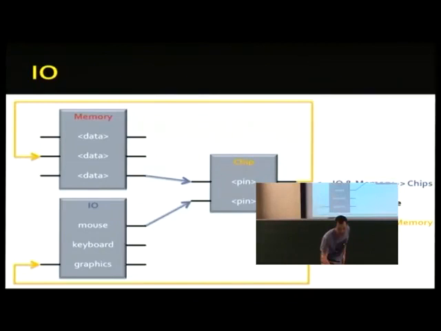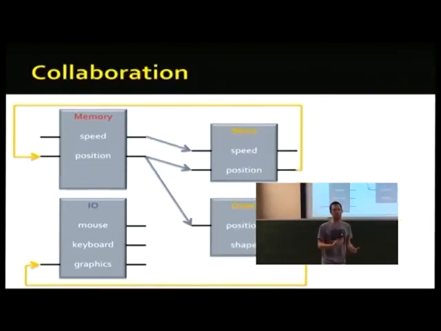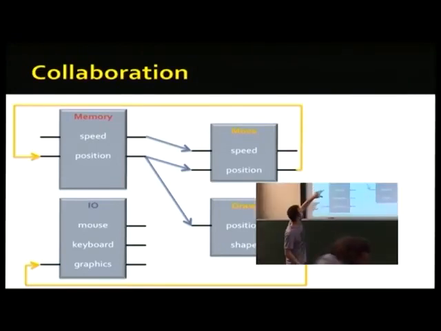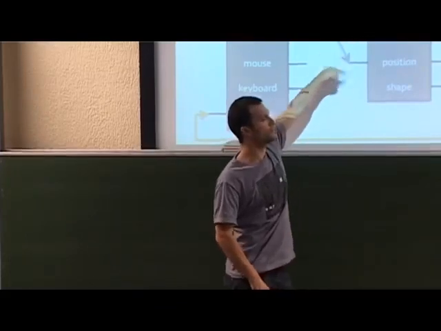So I'll just give a little more practical example. Obviously, it's a bit of a baby example, but otherwise it's hard to fit things on a slide. So imagine we want to both move, so this is a diagram that's going to move something on the screen and draw it at the same time. So in memory we have a speed and a position. We can see that this is sent to a move chip, so that at every cycle, the move chip is going to modify the position and send it back again.